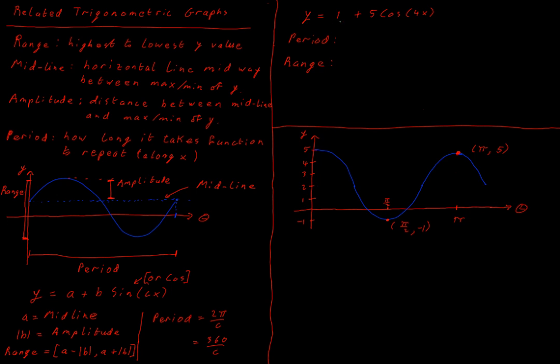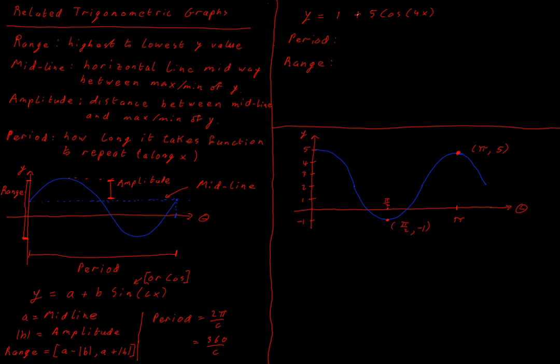If y is equal to, so this is our function, just like we'd have a quadratic or a cubic function, this is a function. y is equal to 1 plus 5 times cos of 4x. What is the period and what is the range? Well,